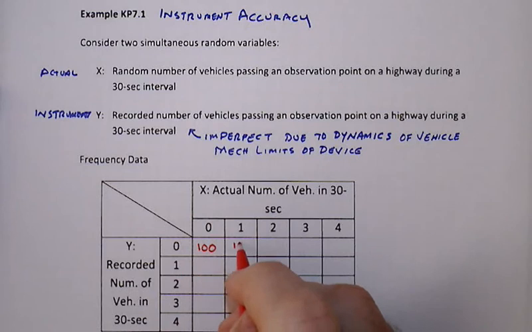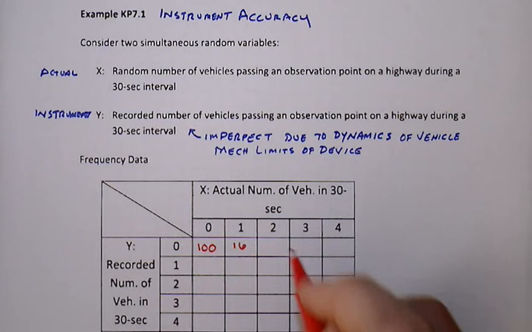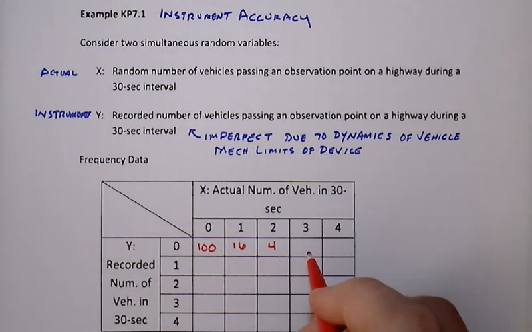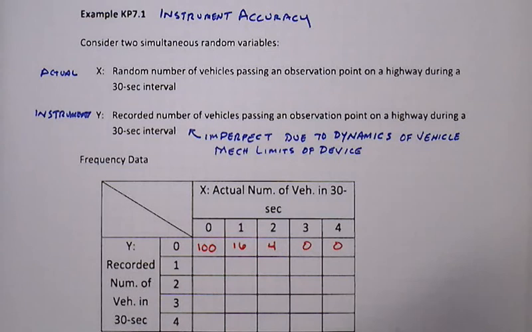In 16 of these, we had an actual single vehicle but none recorded, and in 4 of those we had 2 vehicles that arrived and yet nothing was recorded, and then on out we had 0 for the real high range. Okay? As we go to the next one, where we have recorded 1 on the data recorder,